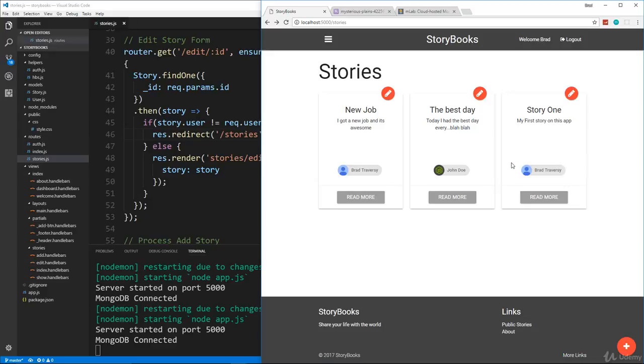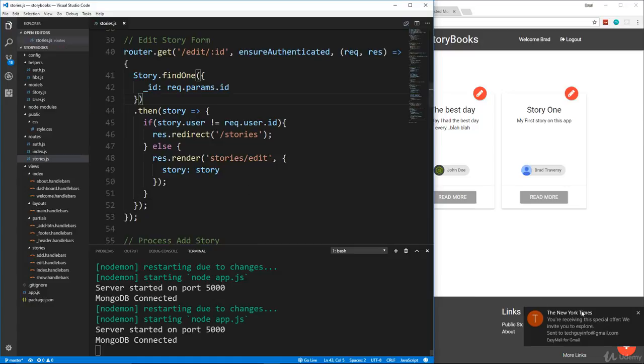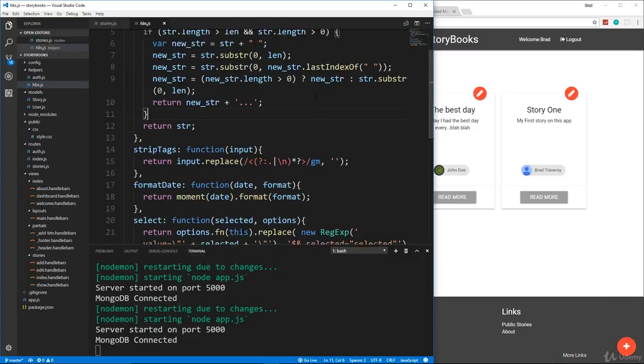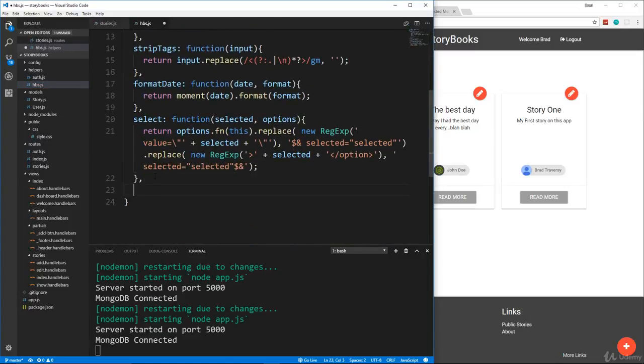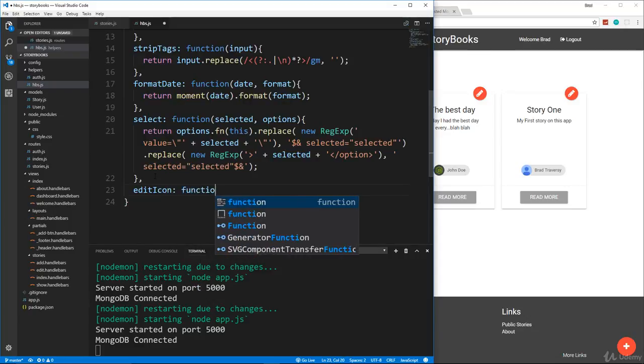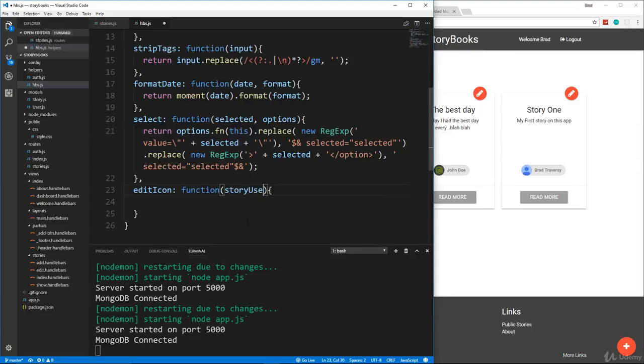Now this is going to be the last handlebars helper that we create. So let's go into helpers, get rid of that. Let's go into helpers HBS, and let's go down to the bottom here. We're going to add one called editIcon. All right, so this editIcon is going to take in a few things. It's going to take in storyUser, which is the user that created the story. It's going to take in the logged user, so whatever user is logged in, it's going to take the story ID,